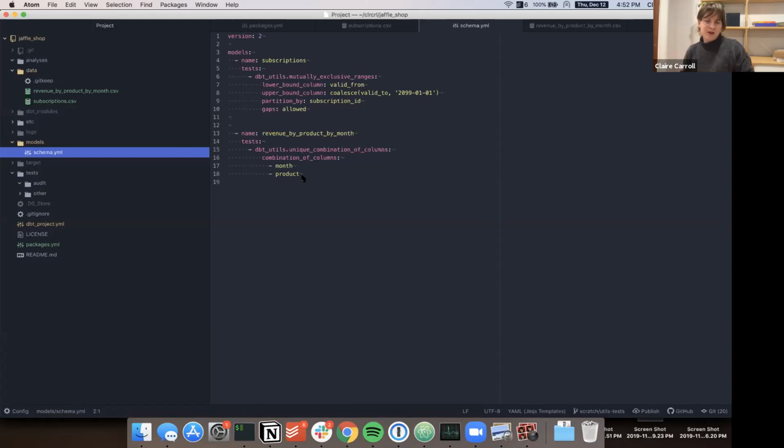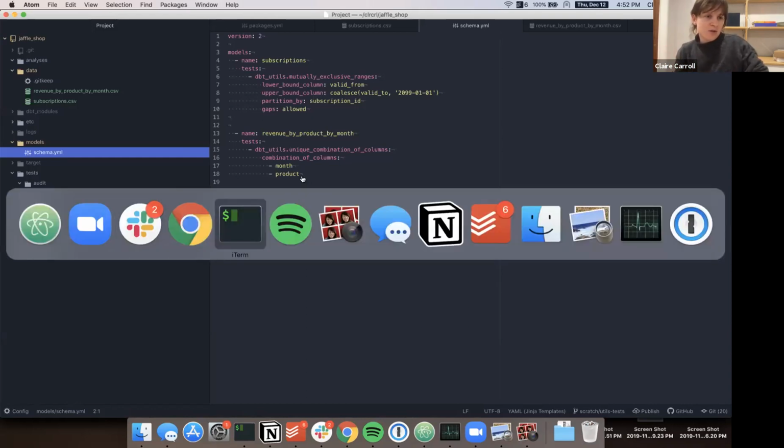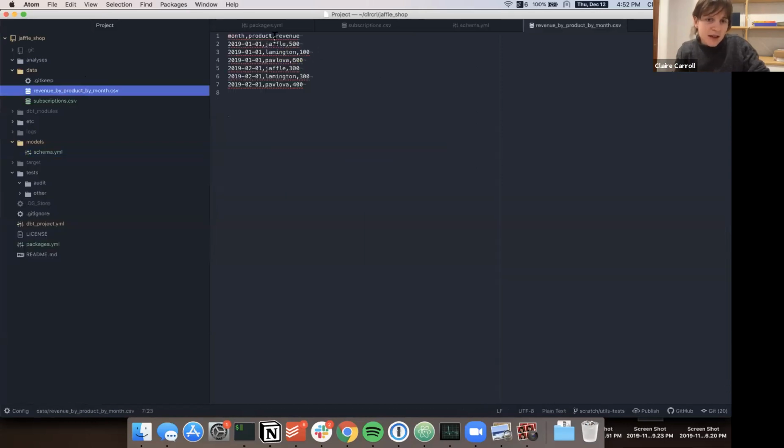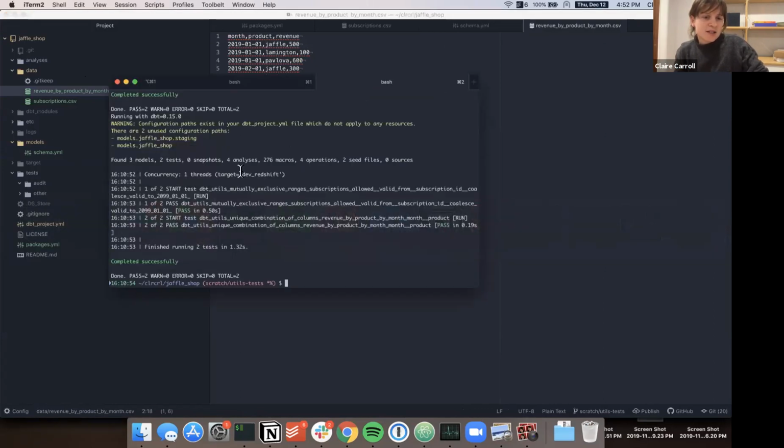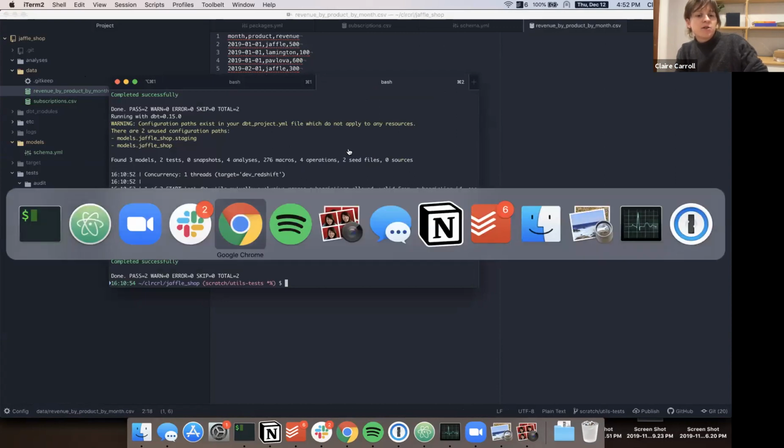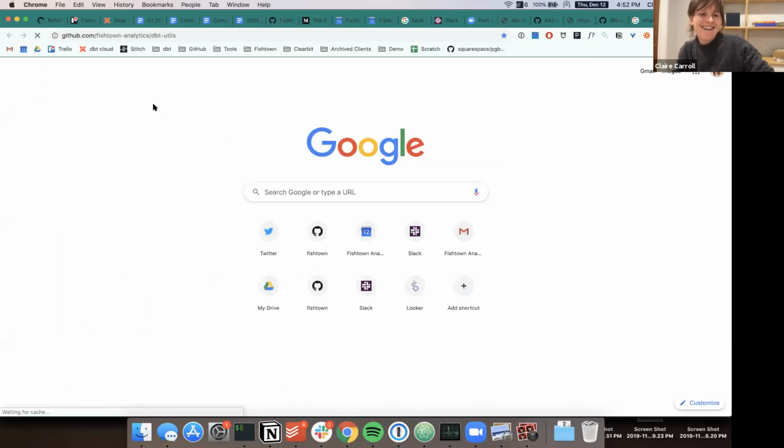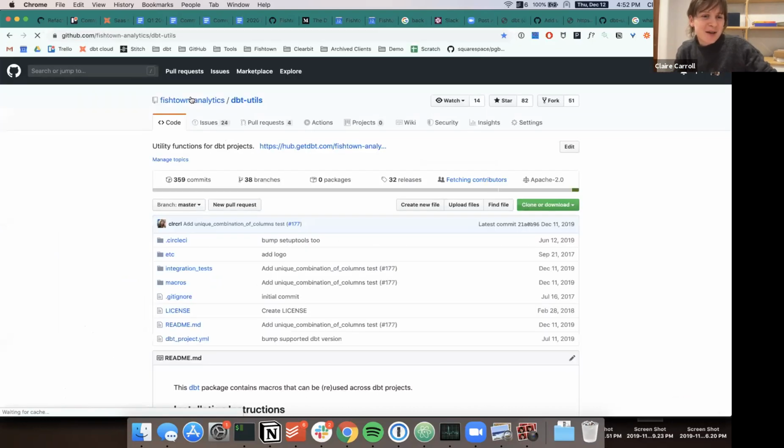So I ended up open sourcing this test. So these are the things there. JAFFLs make it in there. So when I run these tests, as expected, everything passes. Check them out on utils. Yeah, I had to check if that was the thing. Really bad at leaving open good tabs.